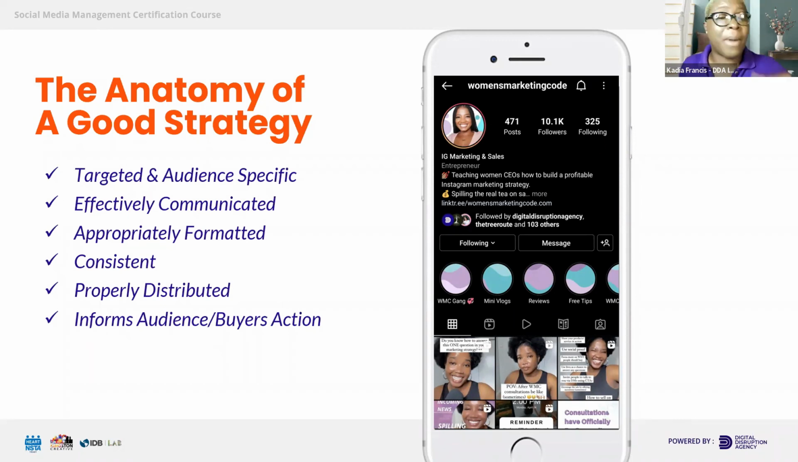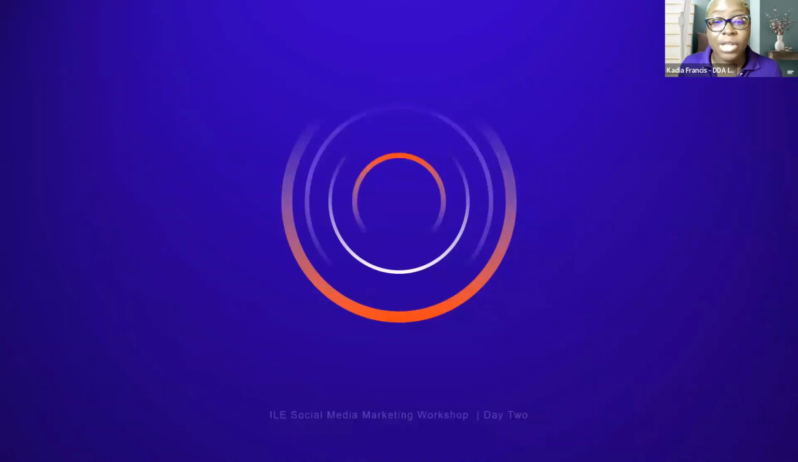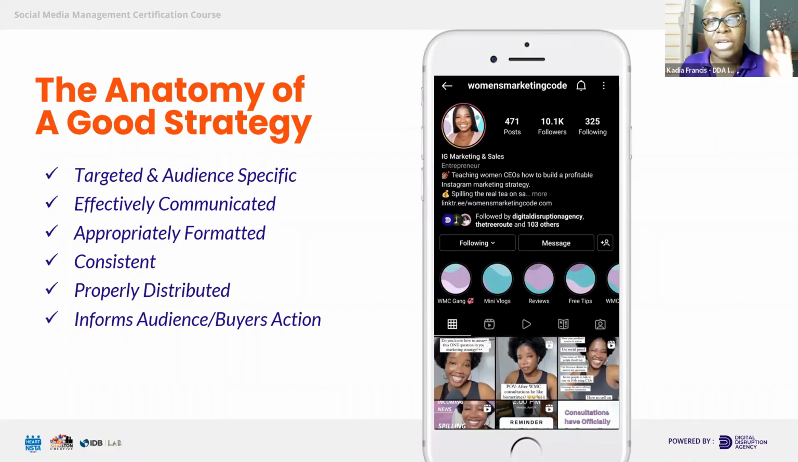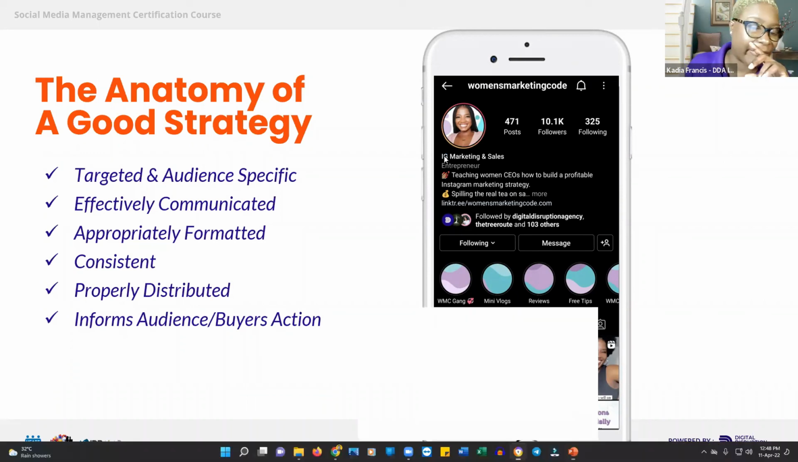Does it inform a buyer's action? Does it inform your audience, or does it influence buyer's action? So that's the anatomy of a good strategy. And the best example I can find of this is I'm going to